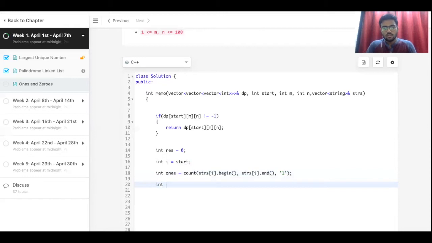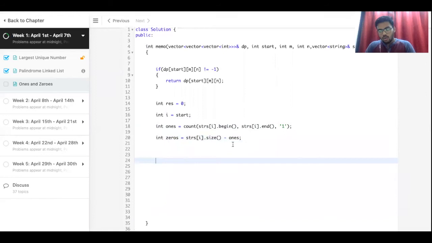Then I have zeros. Now I know that zeros would be strs of i dot size minus the number of ones, and that should give us the zeros. All right, now we have zeros too. Now we check if m minus zeros is greater than or equal to 0 and n minus ones is greater than or equal to 0.